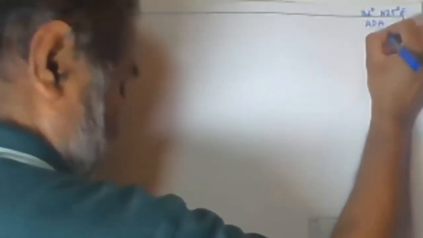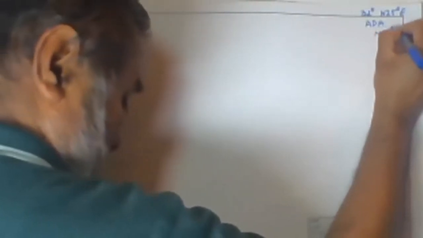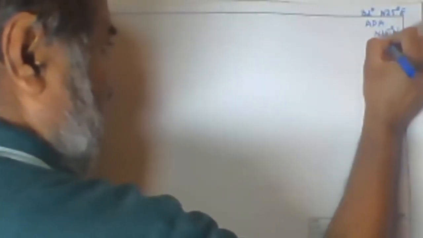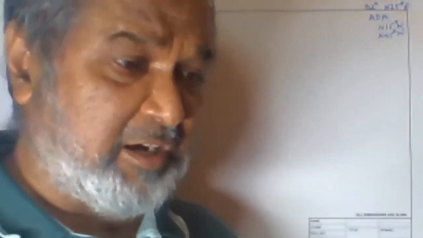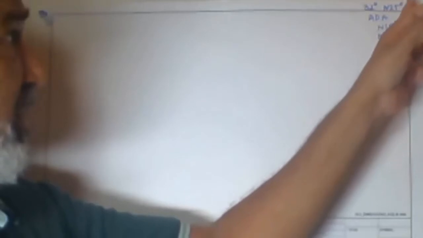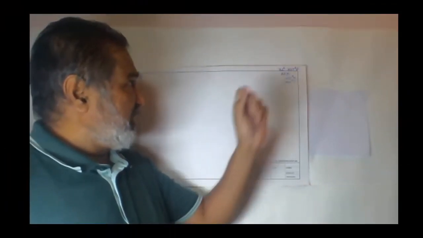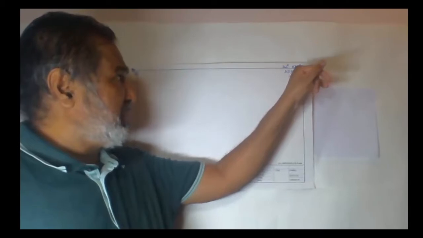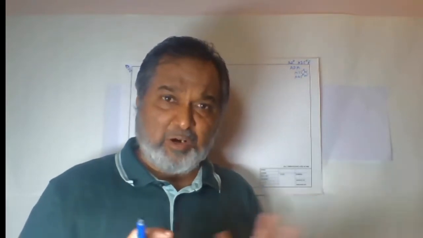Find the amount of apparent dip along north 15 degree west and north 45 degree west, and also find out the strike direction. So here the problem is given that a gypsum bed is dipping 32 degrees along north 25 degree east, and find out the apparent dip amount along north 15 degree west and north 45 degree west, and find also the strike direction.